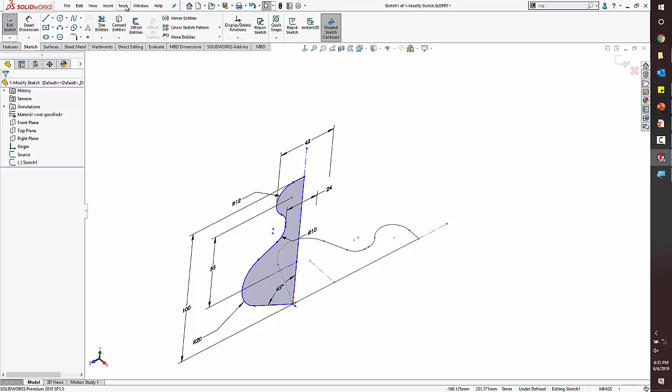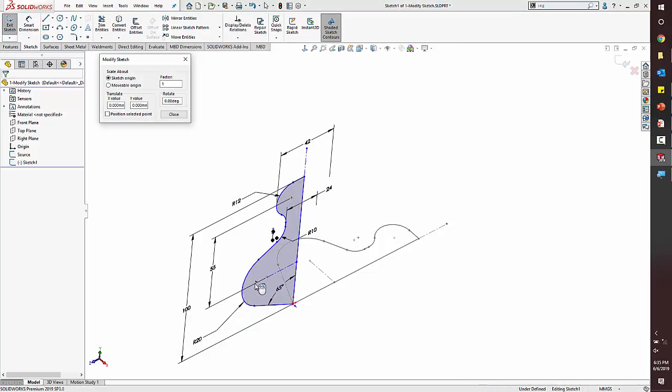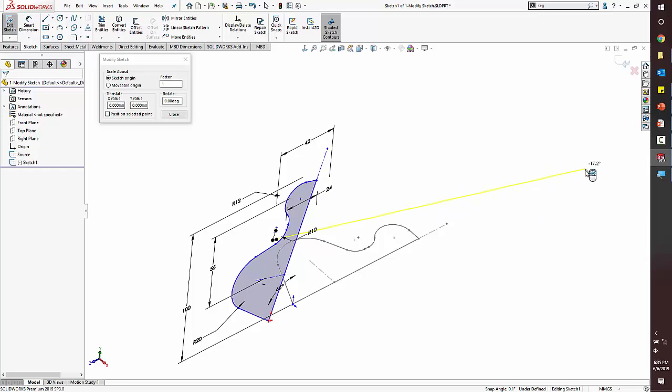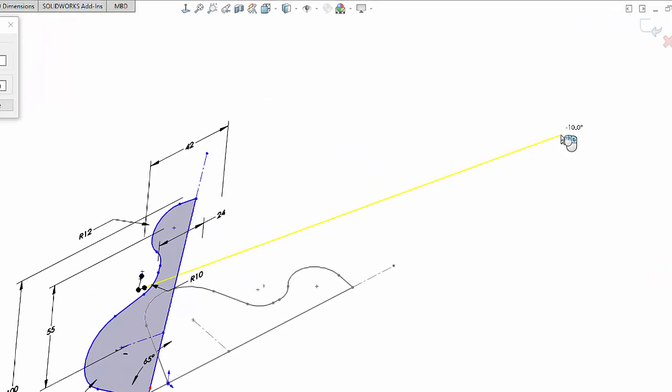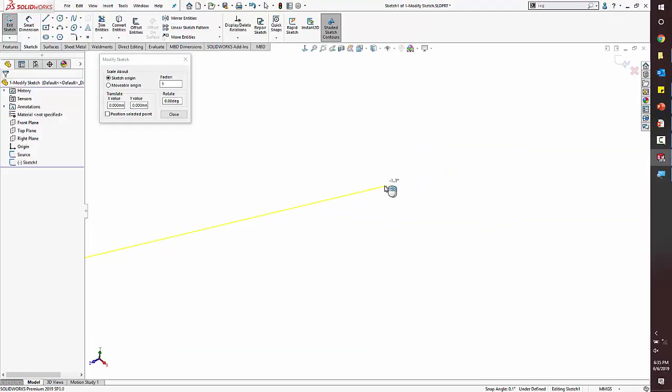I'm going to go to Tools, Sketch Tools, and once again go down to that Modify. And when you're rotating, the rotation actually works. The farther you are away from it, the more granular the rotation is. So it's a little difficult to see it, but here I'm moving at 10, and if I go out farther, now I'm moving at tenths of a degree. All right. Now, the closer you get to your geometry,